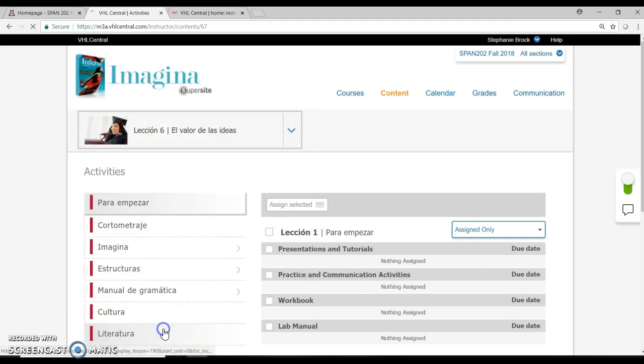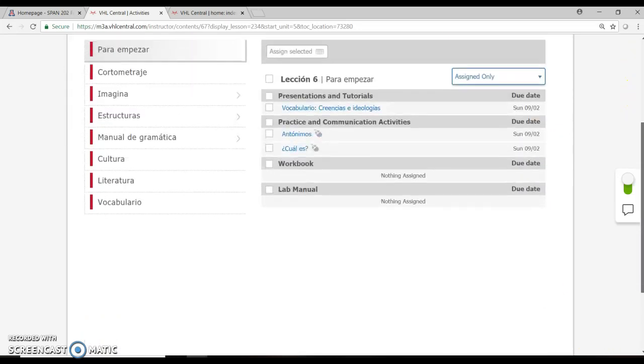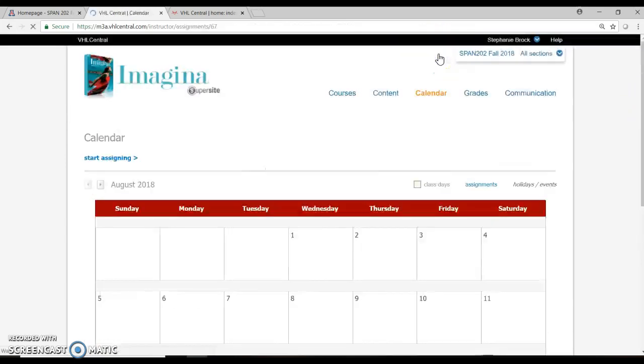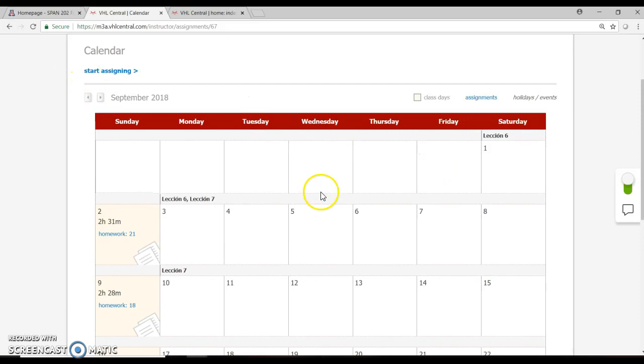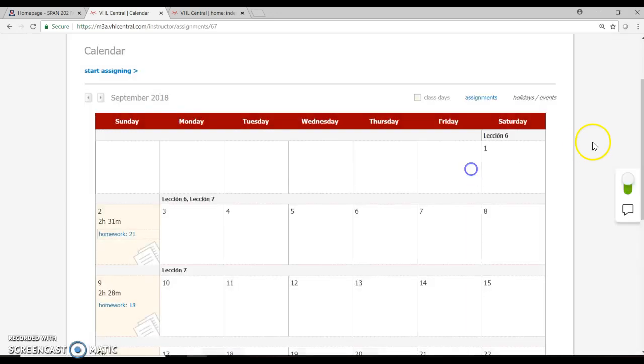We are starting with Lesson 6, Lección 6, and we will have our first VHL activities due, I believe, let me see, the assignment calendar, in September. Looks like they'll be due September 2nd. So this is a good way to always go through and see what are the activities that are due.